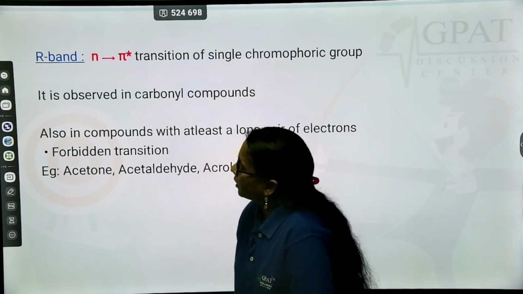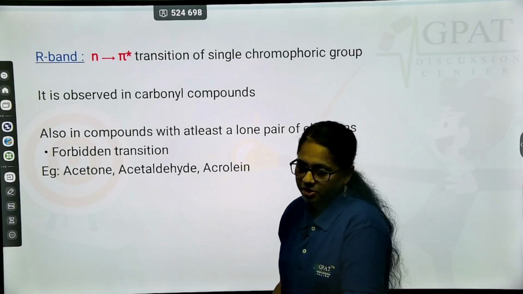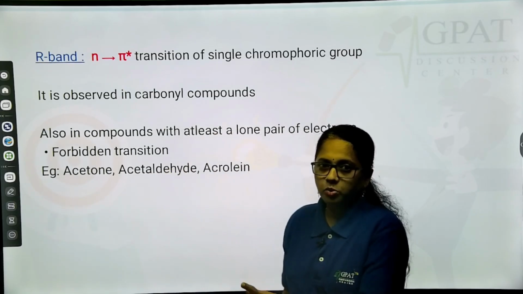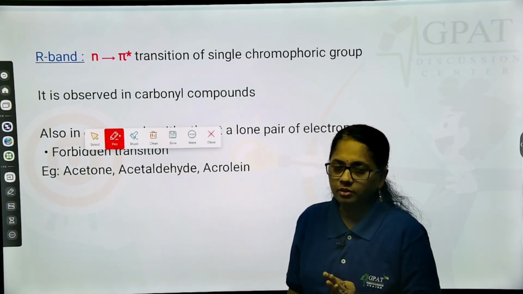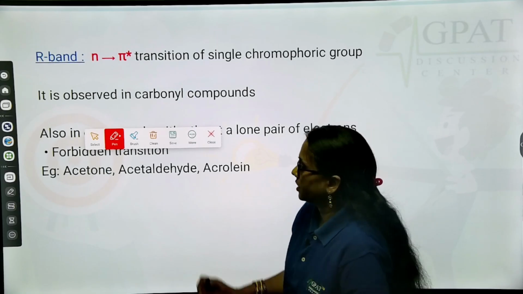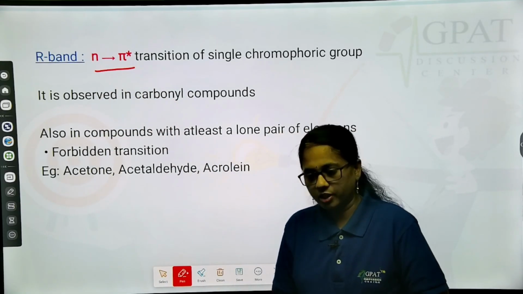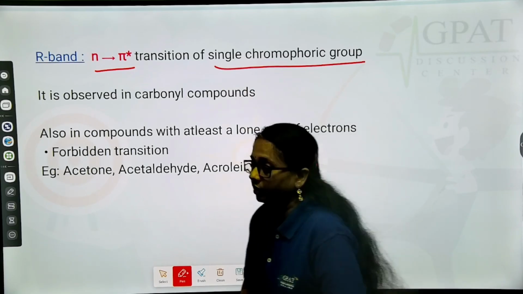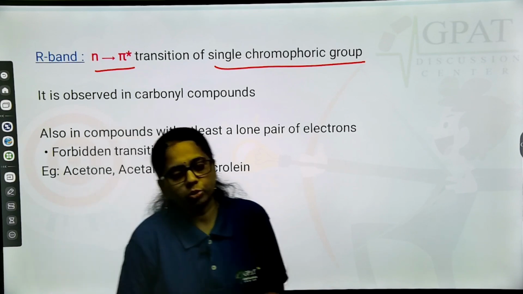Okay. So, the R band is going to be caused by a transition, that is n to pi star. Till now we have seen the B, E and K bands, which are due to transitions of pi to pi star, but here the R band is due to n to pi star transitions. That means whenever a compound has a single chromophoric group, then you are going to observe this